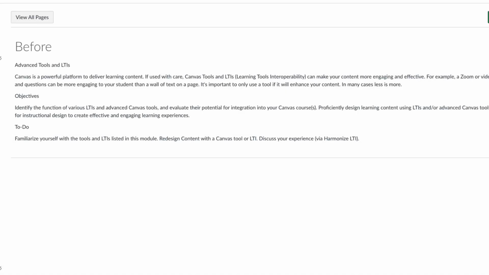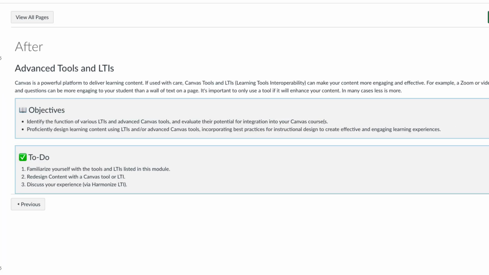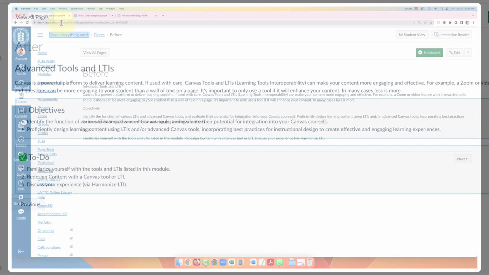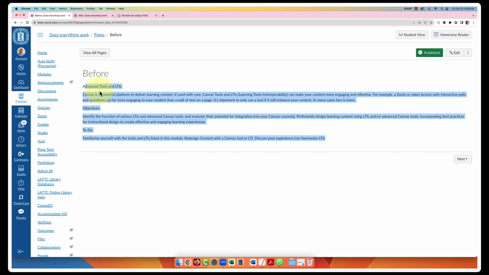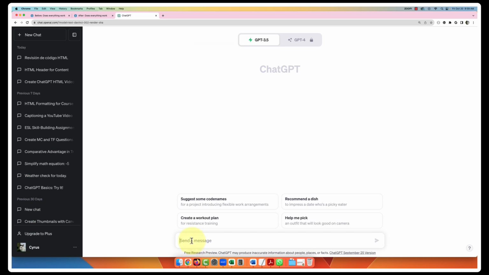Hello everybody. Today I'm going to show you how to use ChatGPT to turn a page that looks like this into one that looks like this. So the first step is to copy this unformatted text here, and we're going to go into ChatGPT